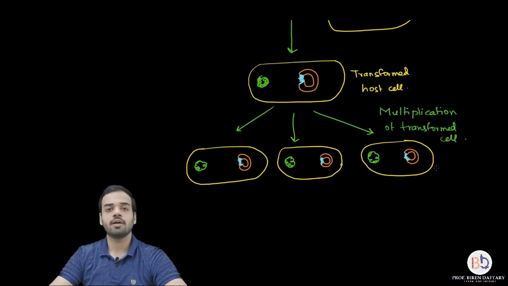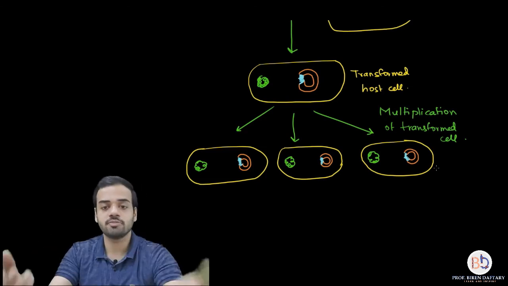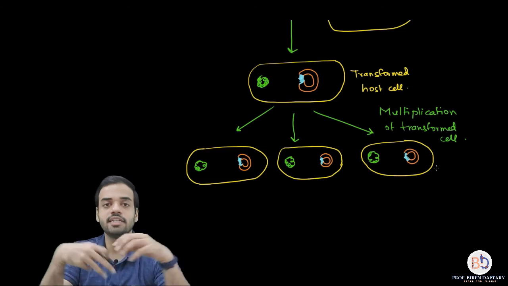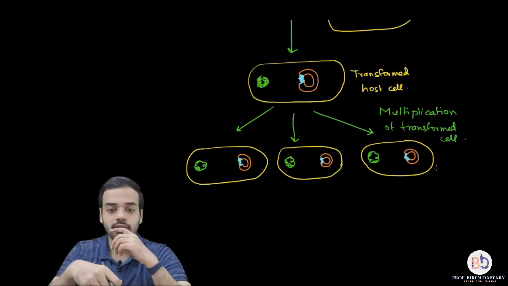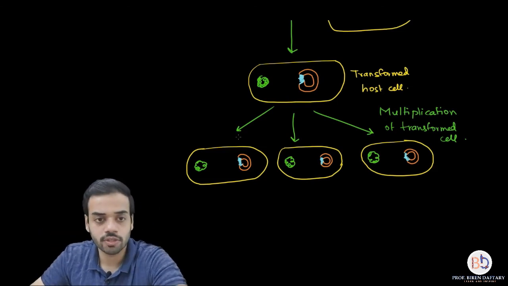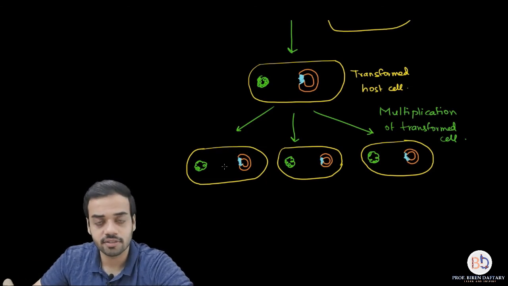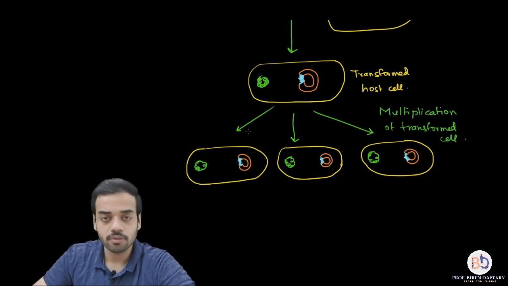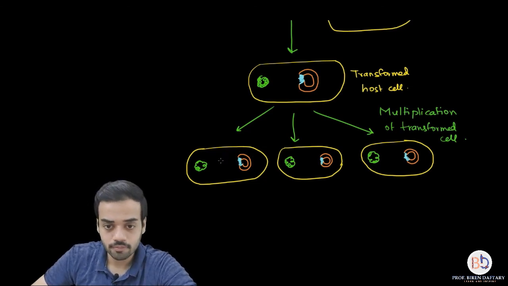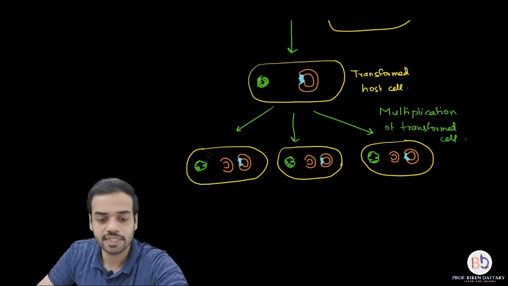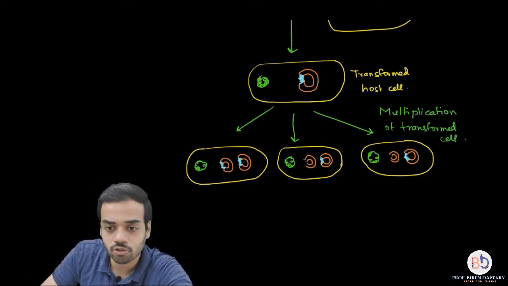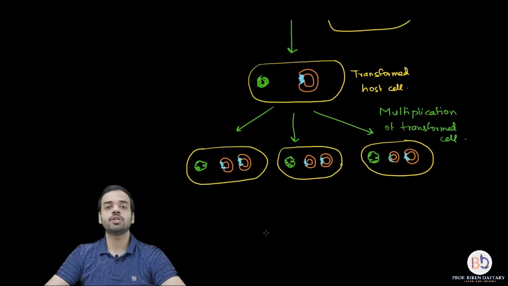And finally what is going to happen is, see, inside each cell each plasmid is also going to divide. Each plasmid will further divide to give more genes, and more genes mean more product. So if you want, you can show it over here, that inside each E. coli or inside each host, the plasmids are also independently replicating. So in each one of them you are having two plasmids or even more. I don't have space to show more, so I am showing two plasmids because independent replication is also there. That was also a property of cloning vectors.